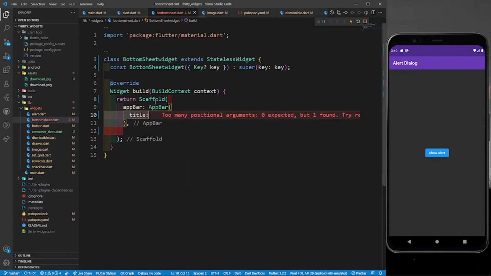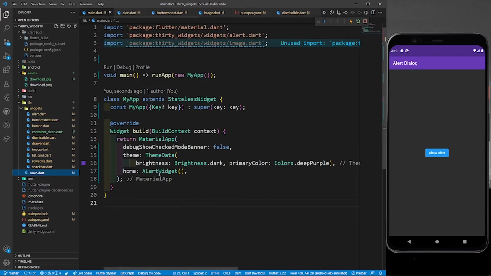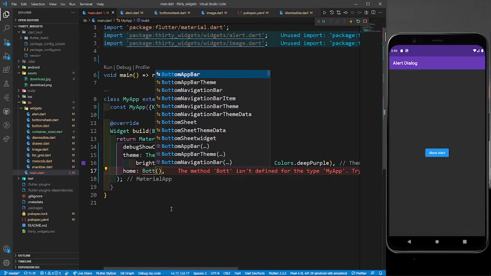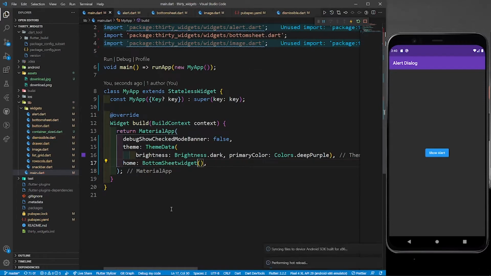Let's give a title, simple text. Let's name it Bottom Sheet Widget. And let me just save it. And in main.dart, I'm going to return BottomSheetWidget. And if I just save it, simple app bar I'm able to see.